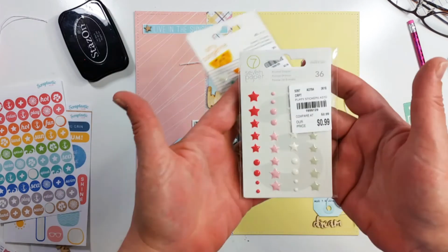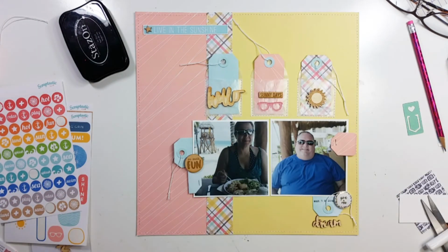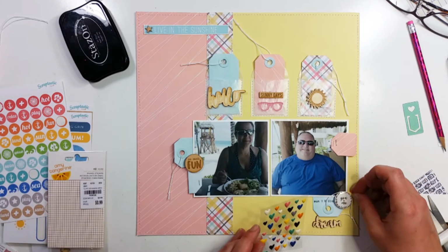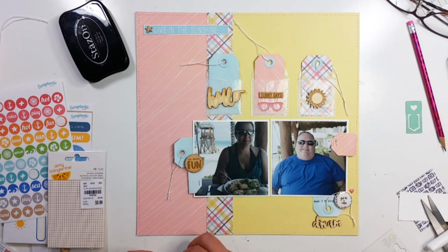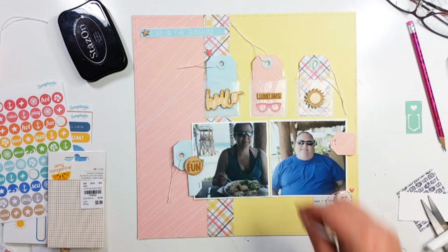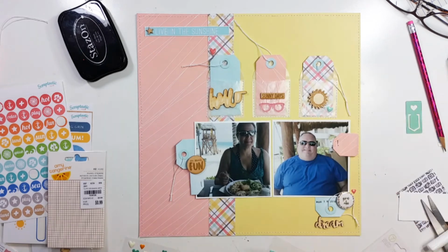Okay, right here I'm showing you some Amy Tangerine enamel hearts and these 7 paper enamel shapes. I am going to use several of the hearts around the page. And also I am going to use several of the stars. I do use this little EK Success, what's that called? Tweezer tool, just to kind of put them in place because